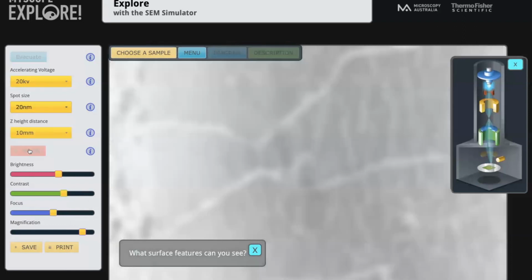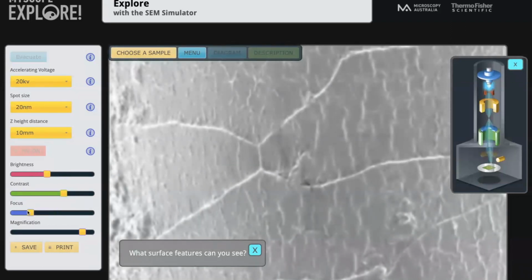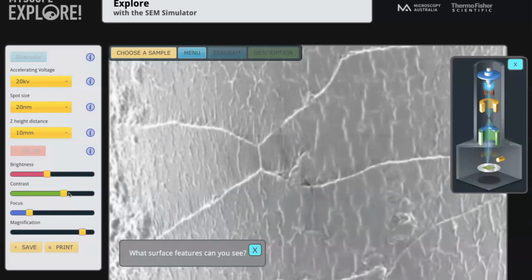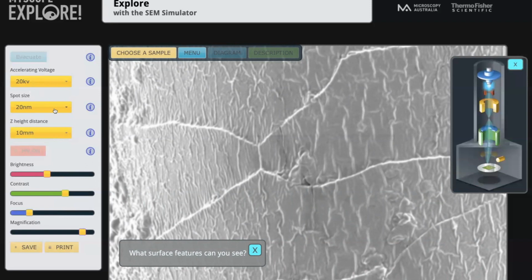Again, you can go for a really large spot size. Now the image completely becomes invisible or fuzzy, and then you also have to adjust the focusing. You're approaching a better focus. So it is possible to play around with the different spot sizes, accelerating voltages, and Z heights, and then adjust the focus. This is a beautiful virtual SEM with which you can learn how to get a better image, better resolution, and what the correct parameters are for real